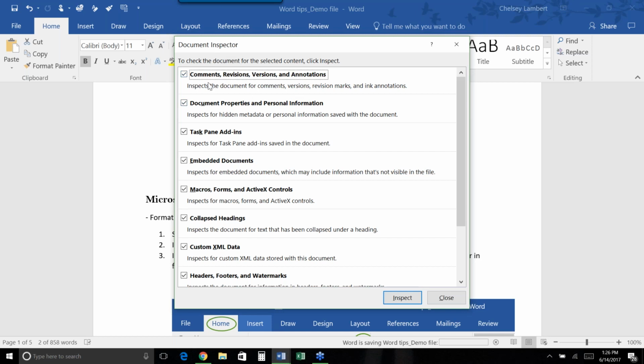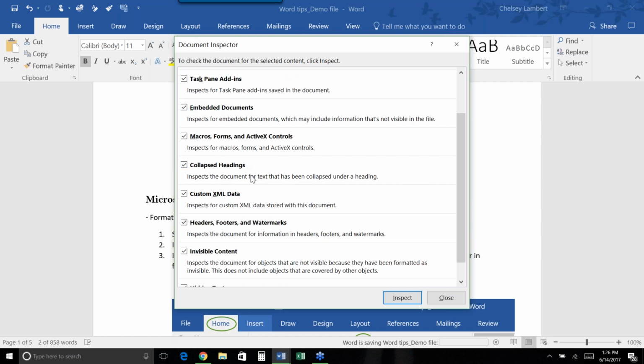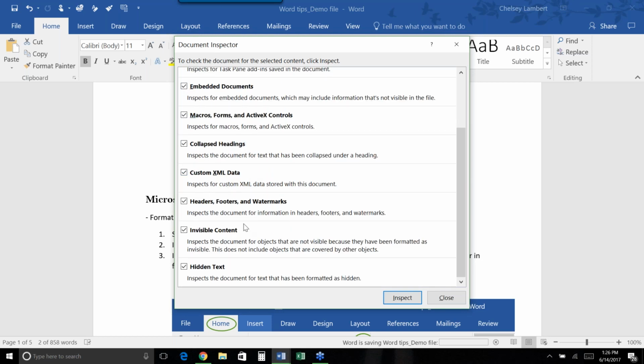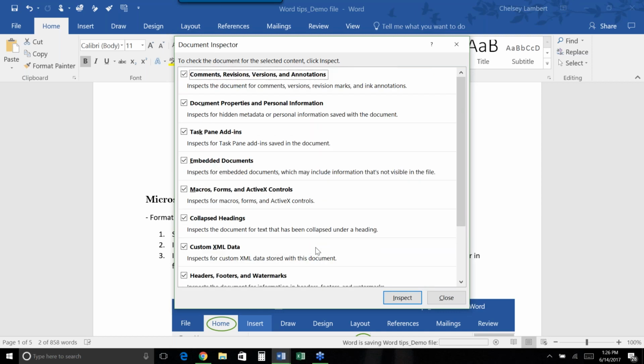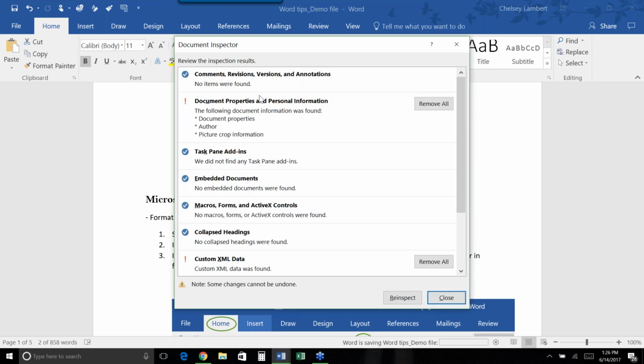So I'm going to leave everything checked. That includes document properties, personal information, embedded documents, headings that have been collapsed, headers, footers, and watermarks, invisible content. Now it's not talking about the actual footer, it's just talking about underlying information that might be there that would indicate a change or a previous version. So we're going to say inspect, and now it's running the tool, and it's going to come back and say,